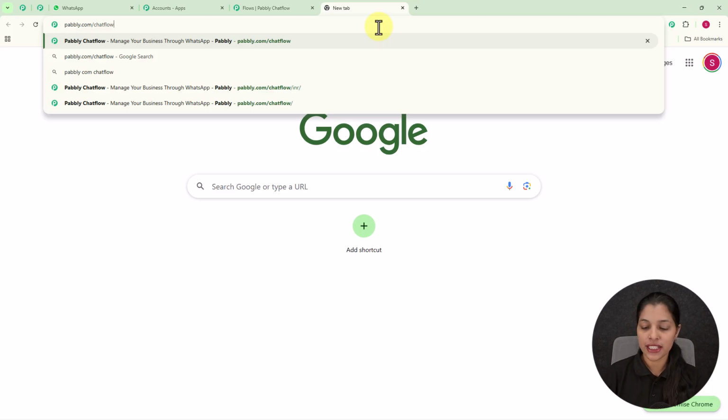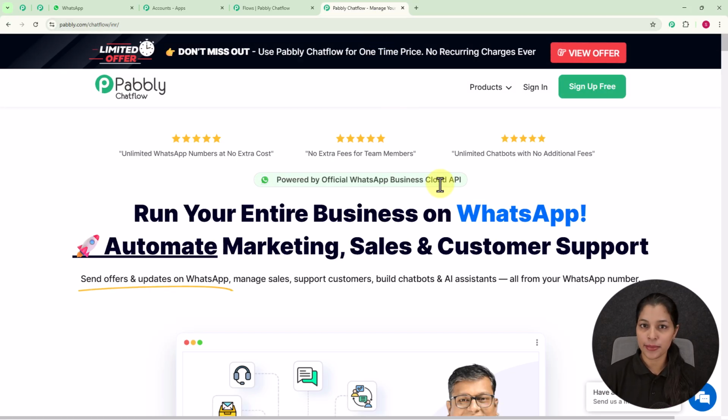pabbly.com/chatflow, and once you enter the URL, you will get the landing page of Pabbly. And here you can see we are getting two options, that is sign in and sign up free. So if you are a new user, you can simply click over this sign up free, but if you are an existing user, you can simply click over this sign in. And if you sign up for free on Pabbly Chatflow, you get 100 free credits every month